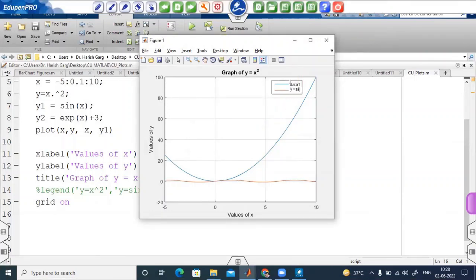Similarly, you can write here y is x square, and y is equal to sine of x. Similarly, if you want to draw the graph of y as 2,